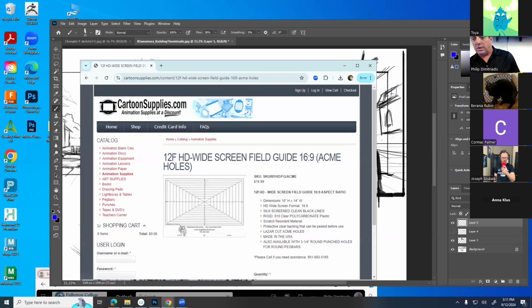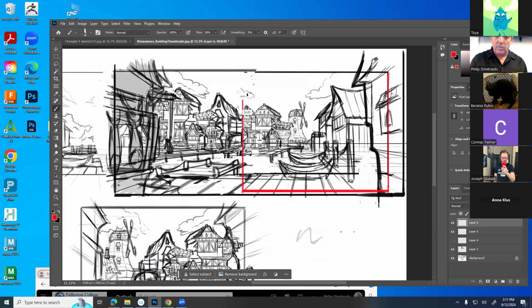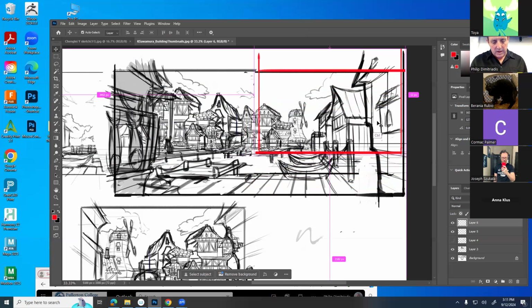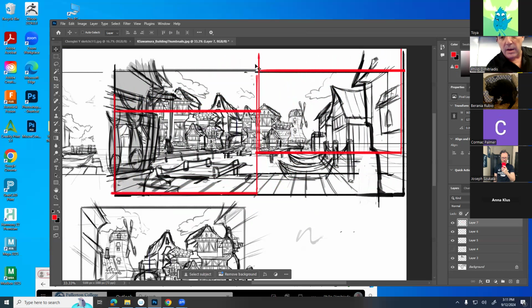And that's really common. What that means basically is this, in your drawing. In fact, any drawing could be fielded to any size. I could talk about field guide size another time, especially for those of you online, but this is what field guides allow us to do. You could be starting here, and then you could say, we're gonna pan from here down to this corner, and then there'll be music,